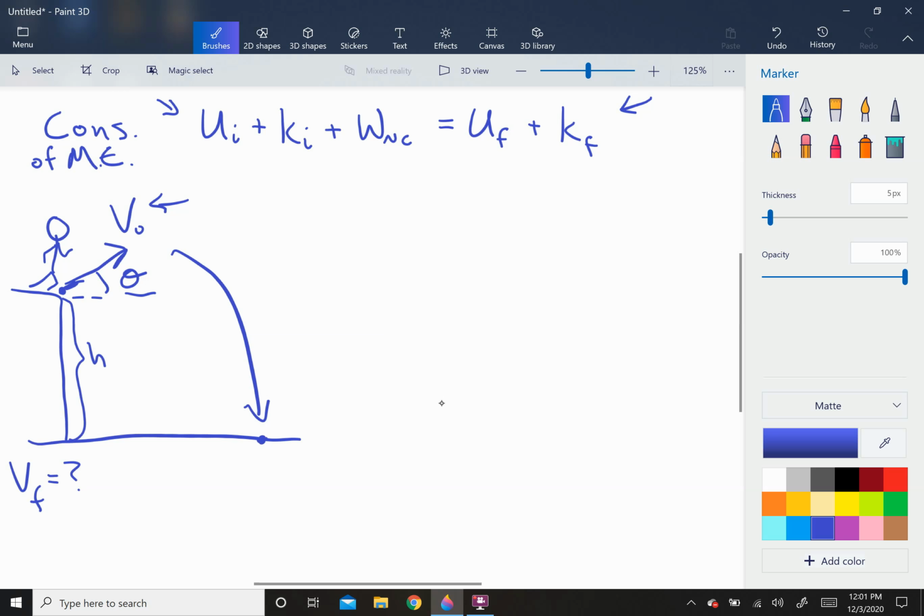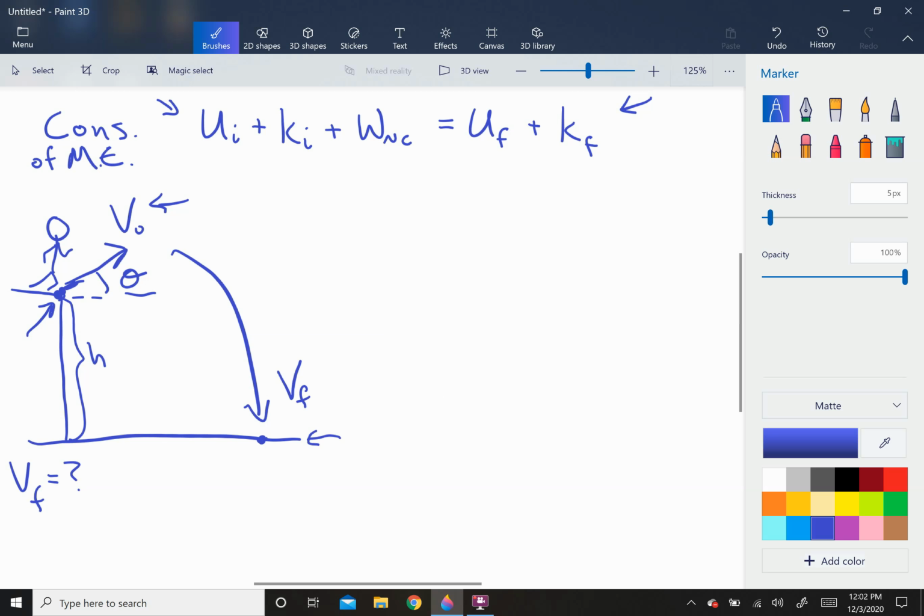Okay? So I know at my initial time, right here when he leaves the cliff, right up here, that he's some height h above the ground, above the water, and I know that he's moving with a speed v naught, and it doesn't actually matter what direction the speed is in. Okay? And then I know when he hits the water, he's going to have some speed v final. Okay? And then I know at that point,